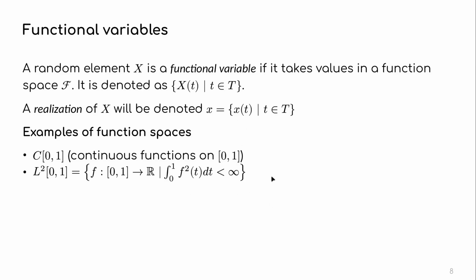If you want examples of common function spaces, a simple one would be the continuous functions from 0 to 1, or any interval you like. Continuous functions are a very nice function space. Another common one, which you don't need to worry too much about exactly what it is, is L2, the set of functions from [0,1] to R that are square integrable, so this integral is smaller than infinity. This is a function space that has nice norms and so on. And depending on your problem, there are a bunch of different spaces that you can play with.